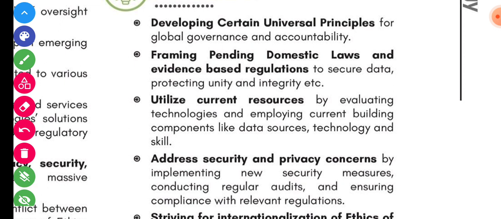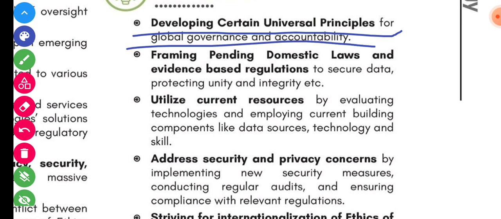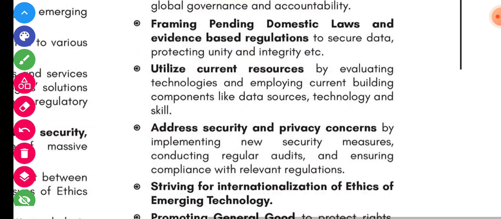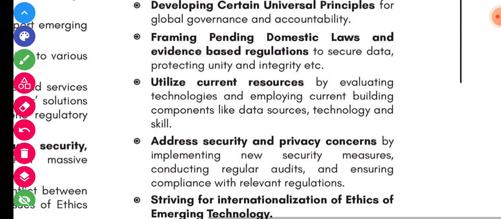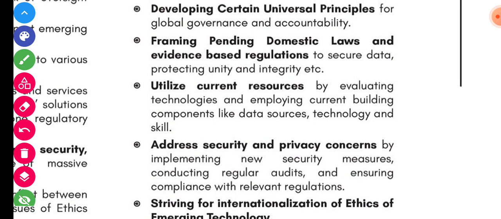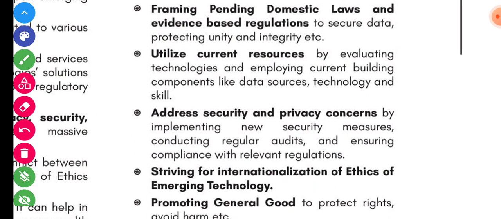So first is developing certain universal principles for global governance and accountability. Here we can learn from the Gandhian principles, the seven sins of Mahatma Gandhi. And framing pending domestic laws and evidence-based regulations to secure data,